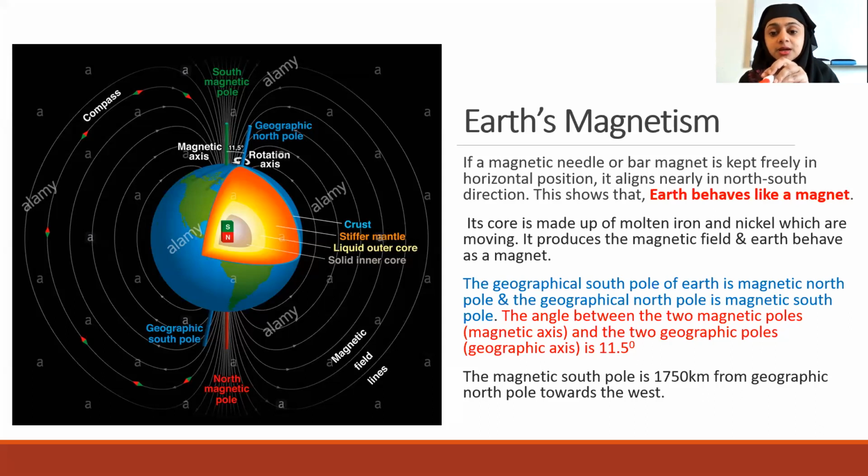Yes, clear. So the reverse occurs on the other side also. The geographic south pole is actually, if Earth is a magnet, its north pole. So this naming of geographic north and south is the usual North Pole and South Pole which we generally refer to. But if you consider Earth as a magnet, it's the reverse. And they are not exactly aligned. There is a small angular difference between what we actually considered as the North Pole and the actual South